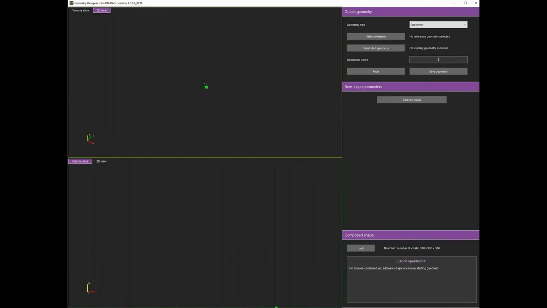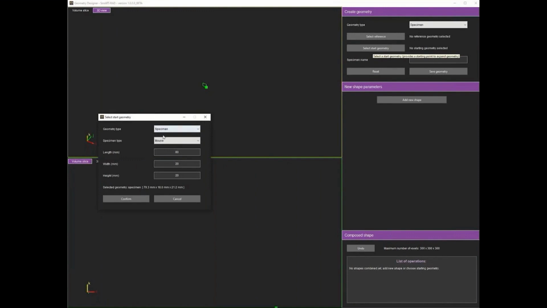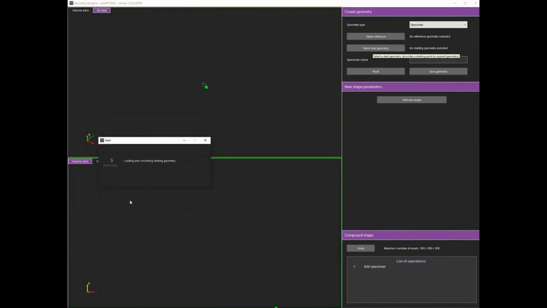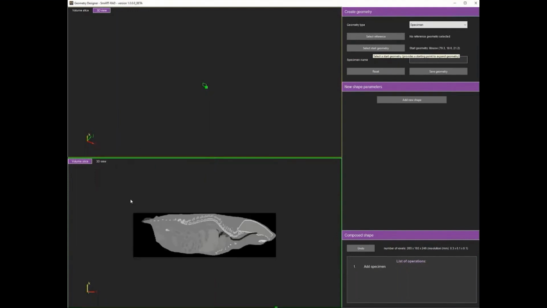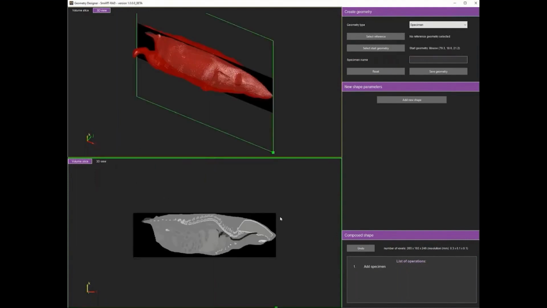The second advanced feature is the creation of your own geometry object. I will cut this a bit short because otherwise it would take too long. But I'll show how to, for example, extend the mouse. So we pick a starting geometry here, just some default shaped mouse. SmART-RAD will convert it to an editable format. And you can see on the top a 3D display, on the bottom a 2D display, and you can start modifying these